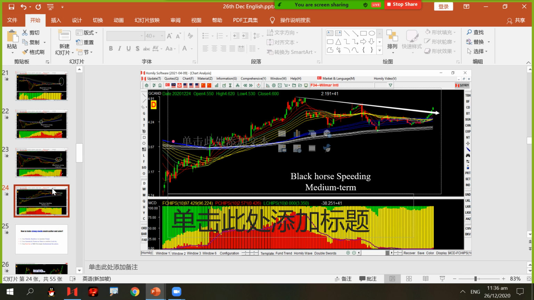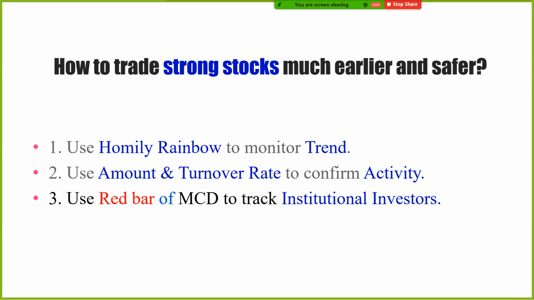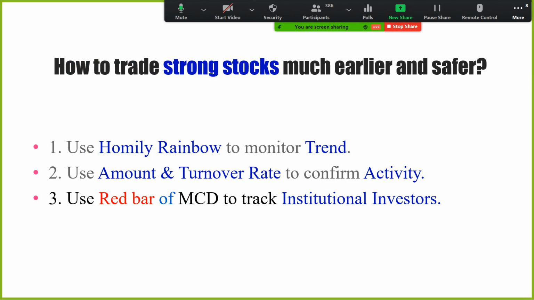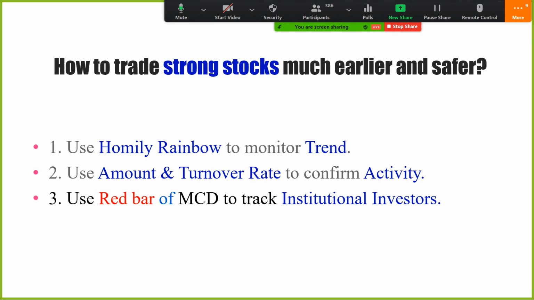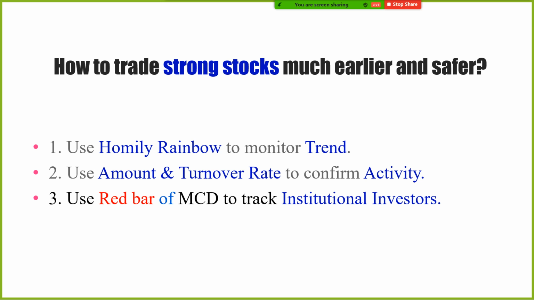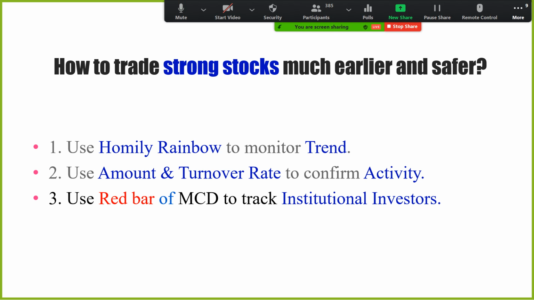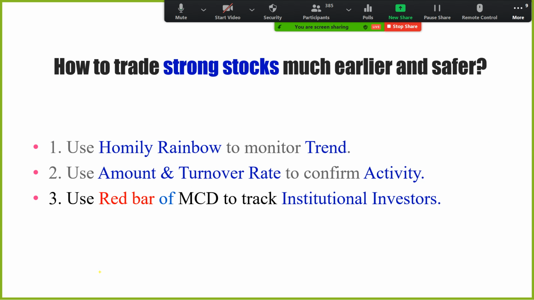Then, if we want to get strong shares for very short-term trading, somebody said, John, I never trade the medium term and long term. I do the short term. I monitor, just now you said, the strong sectors, EV, solar, and some other strong shares like new shares, SPAC, IPO. Check the trend. But remember, what is the important thing? For me, I always share with you that the amount is very important.